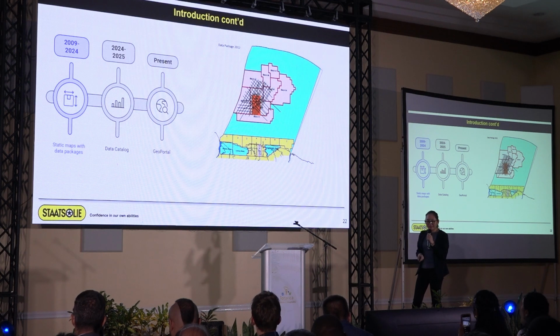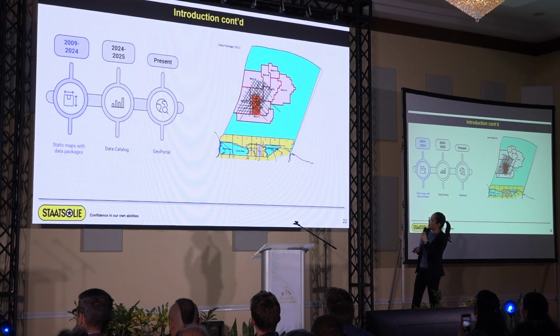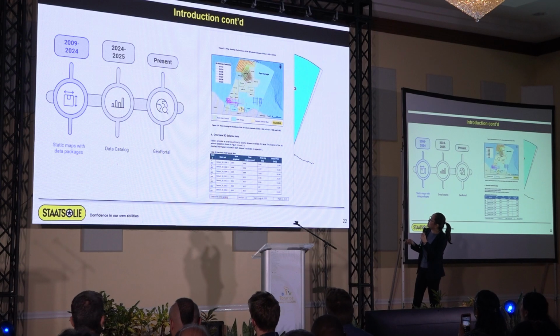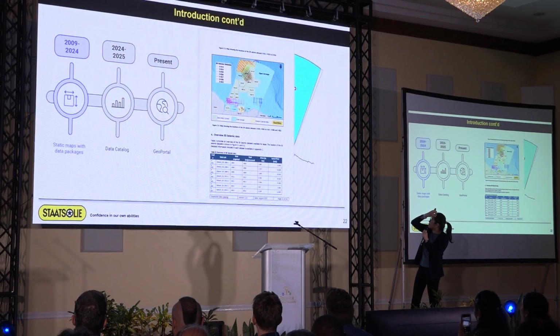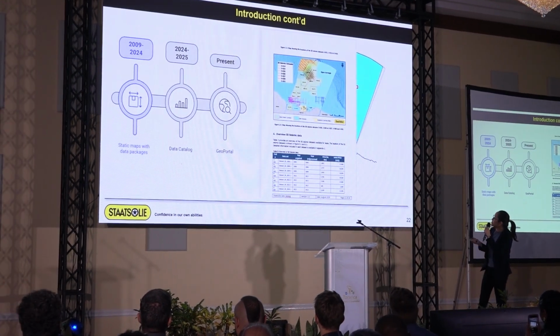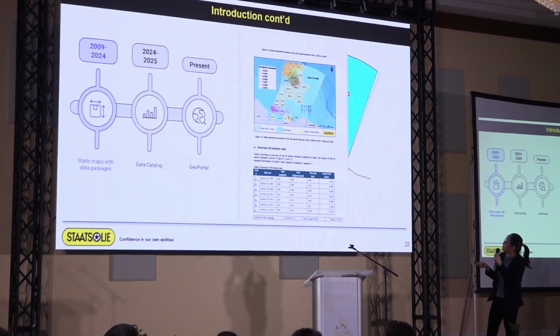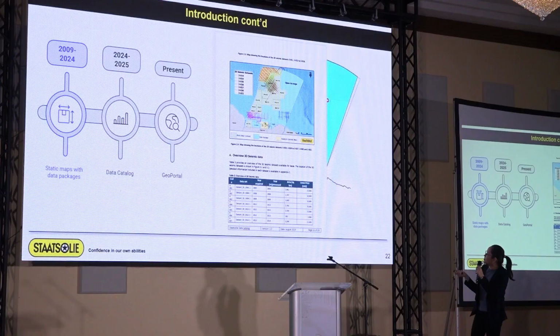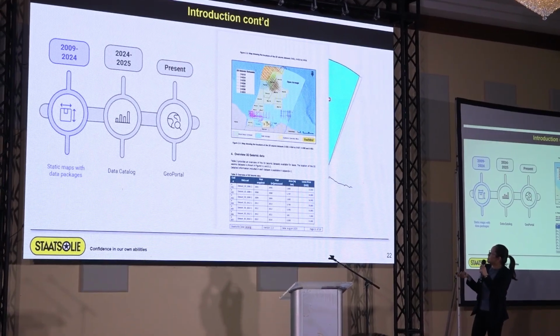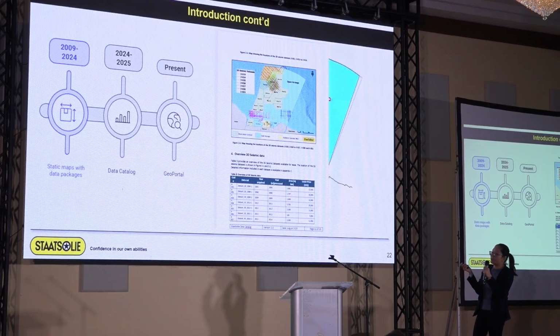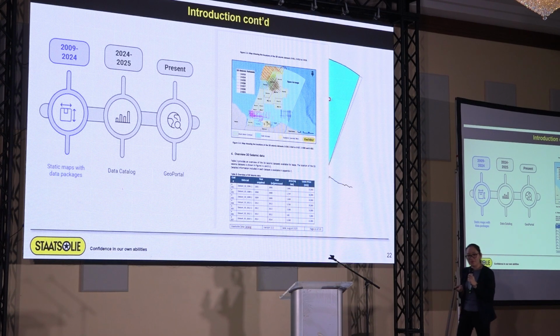We then moved to a data catalog, which was introduced last year. So this is an example of how the data catalog looked. It still was based on static maps and content. Under this layout, we also noticed some challenges: there was no comprehensive overview of all data available. There was no link with the metadata, and putting all data in one static map became overwhelming,